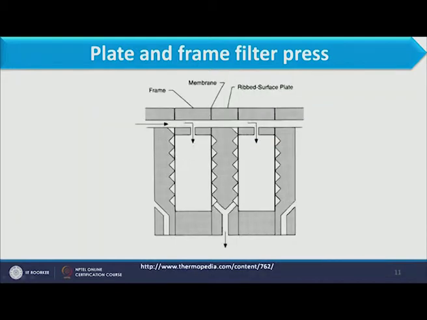Here it is more clearly shown: the opening is available on the frame side, not on the plate side, because in the plate the feed cannot enter. So the liquid feed comes over here. Here we have a ribbed surface where the filter cloth is. So it is spread into two sections; the first goes one way, another goes the other way. Cake formation is done at this surface as well as at that surface, and then the filtrate which passes through is collected from these sections where nozzles are available, and through these nozzles we collect the filtrate. So this is the basic working of the plate and frame filter press.